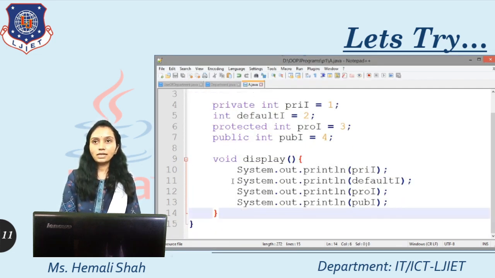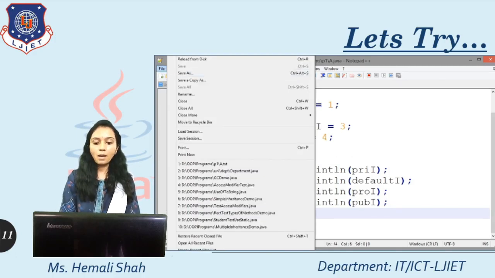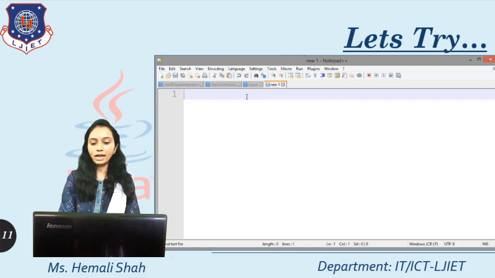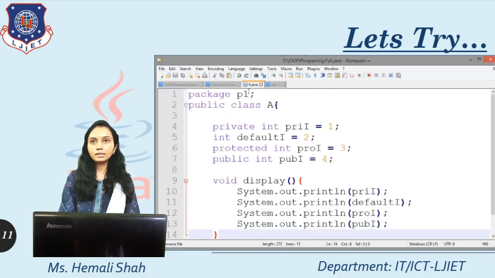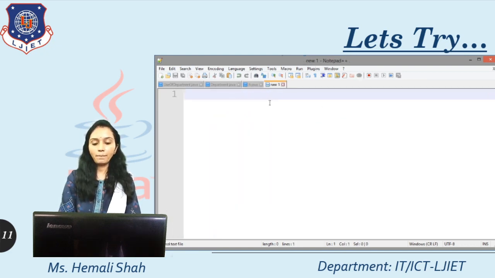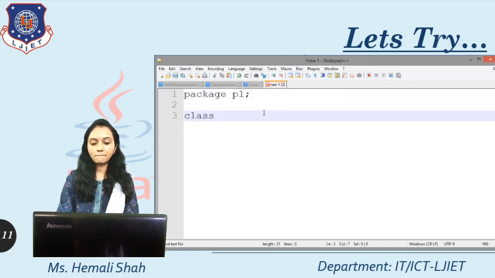Now, let's create the second scenario. The second scenario is a subclass in the same package. For that, create a new file, the class B in package P1. So the first line is package P1 and we are going to create the class B which extends class A, right?